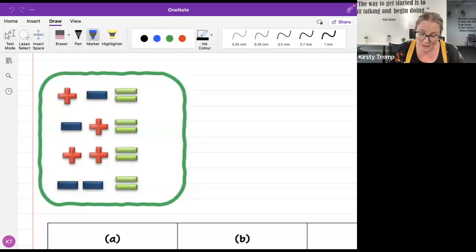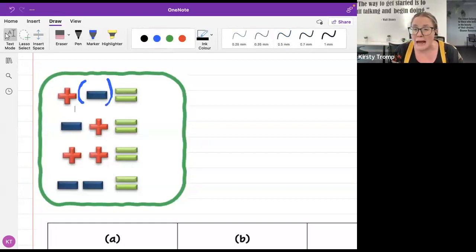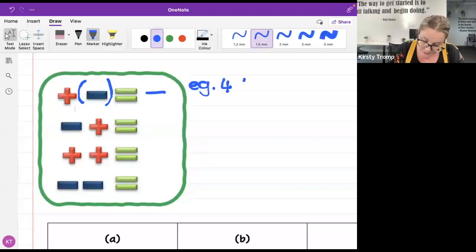Remember that a negative sign is always the more powerful sign. And if we see a positive sign next to a negative sign, we're going to have a negative. So for example, if we have 4 plus, and we see a bracket, negative 2